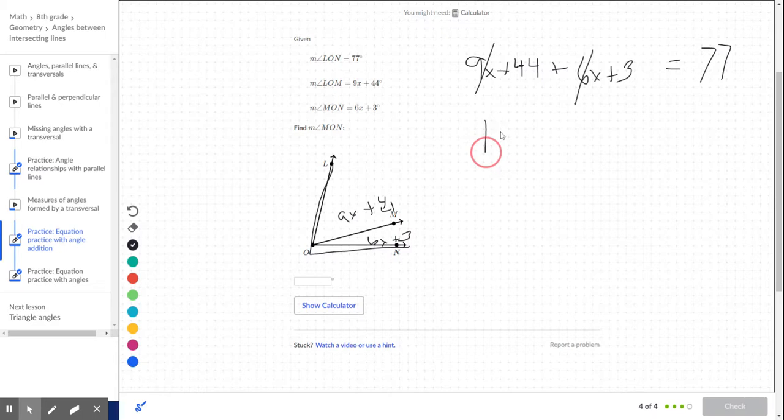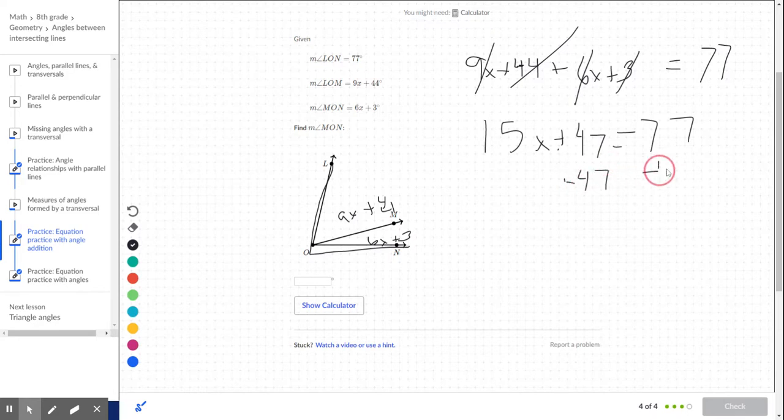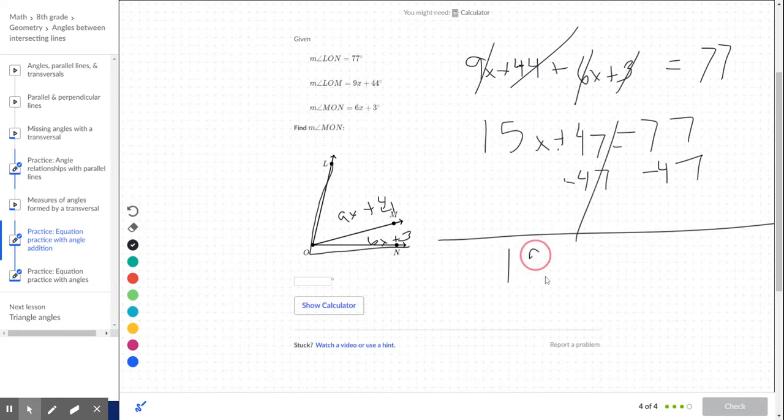9x and 6x gives me 15 x's. 44 and 3 gives me 47. And it's equal to 77. I need to get my x by itself by removing the 15 and the 47. The opposite of a plus 47 is a minus 47 from here and minus 47 from my other side. I cancel it out, and all I'm left with is 15x, and that's equal to 30 on this side. 15 times x is 30. I need to get the x by itself by dividing both sides by 15, and I'm left with, x is